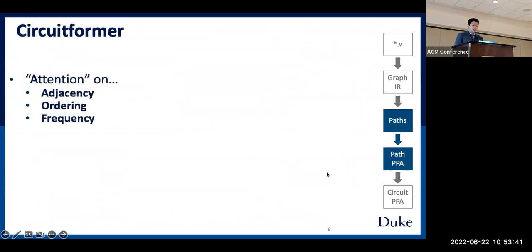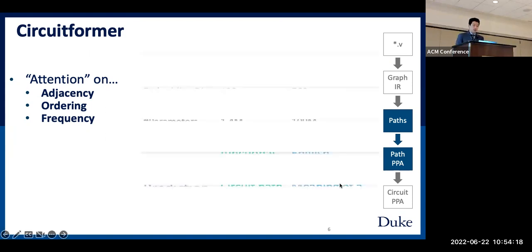To remedy the problem we face with the linear regression model, we require a model that considers the adjacency, the ordering, and the frequency of the functional units in a path. This is a similar problem to the natural language processing, the NLP problem, where the meaning and the sentiment of a human sentence depends on the adjacency, ordering, and frequency of the words in the sentence. There's a model called the transformer model, which is frequently used in the field of natural language processing, and it is designed to do precisely this.